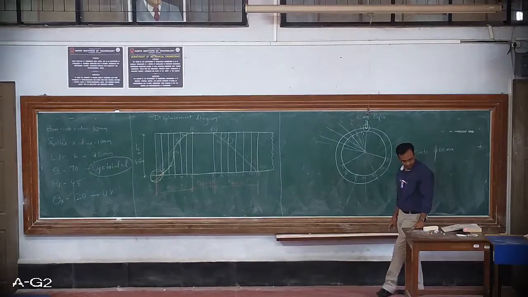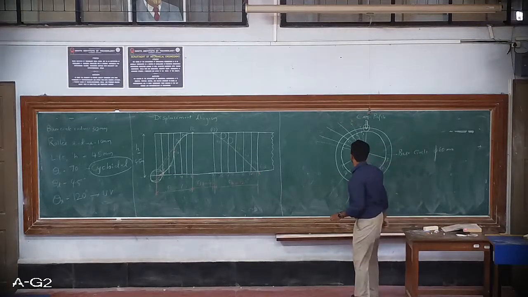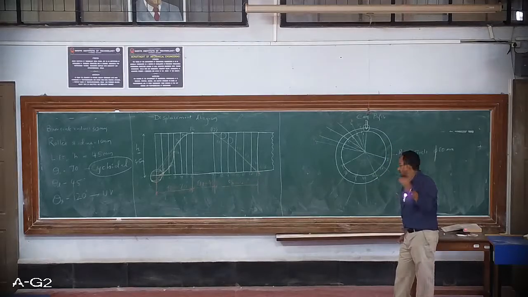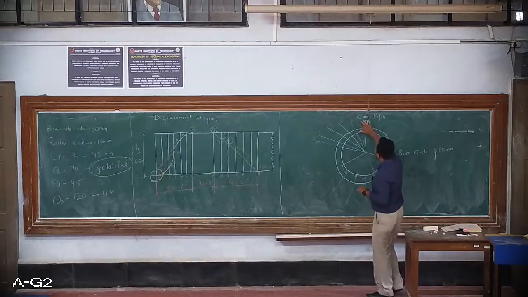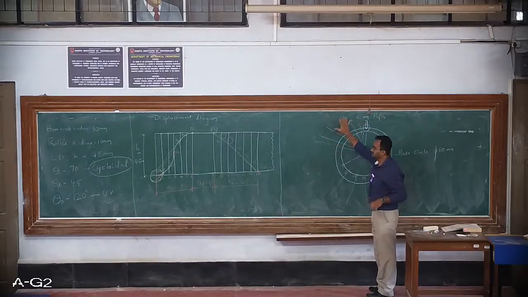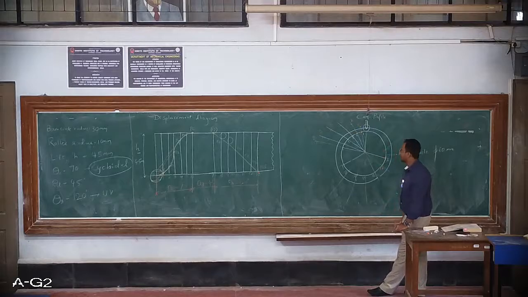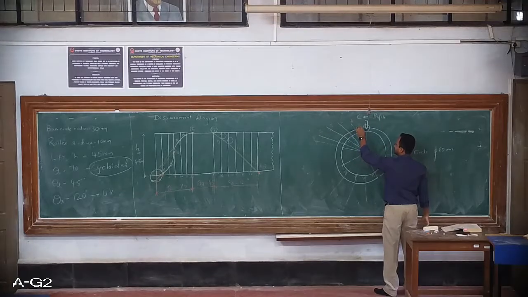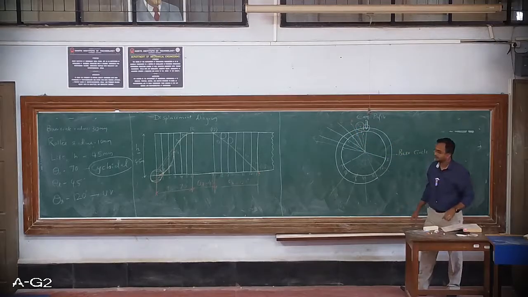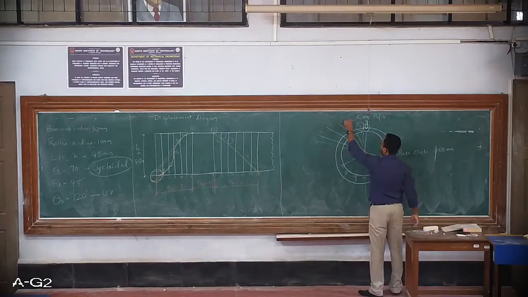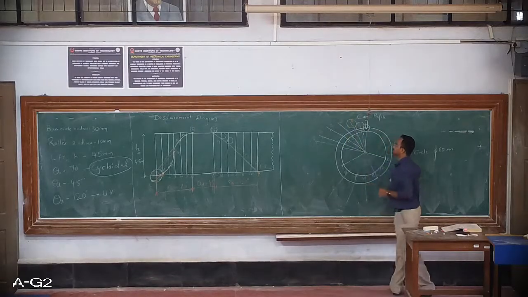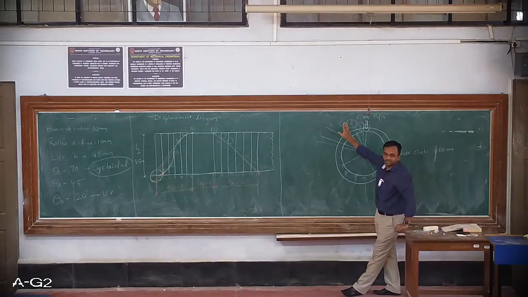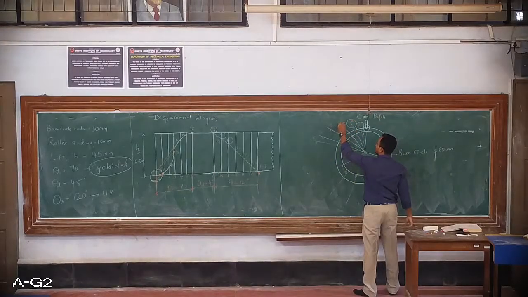Okay. So now all I have to do is set the compass with a radius of 10 mm and with T1, T2, T3, T4, T5, T6 as the centers, you need to draw the rollers. So with T1 as a center, if I draw the roller, it will come like this. With T2 as a center, if you draw the roller, it will come like this. Now every time you need not draw the complete circle. With T3 as a center, I'll just draw a small arc over here.